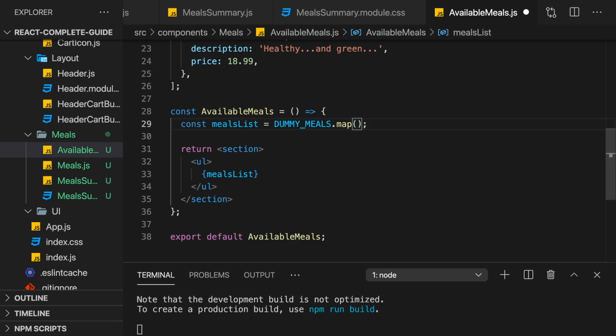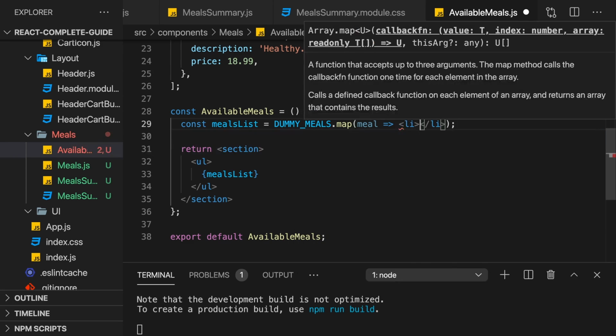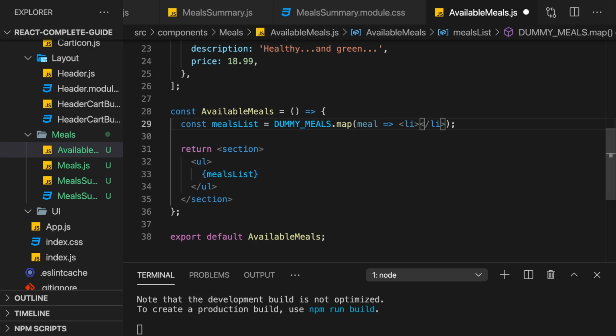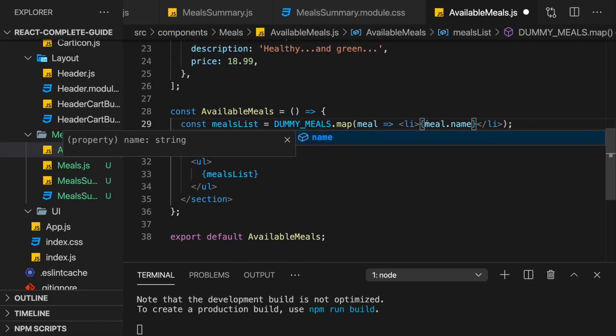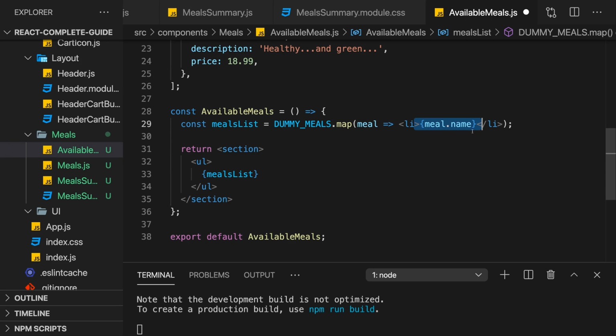Either way, we will simply map all these meals by passing a function to map, which is executed for every meal by JavaScript. And then for every meal, we want to return a JSX element which represents this meal item. And that should be some list item, of course. Though I can already say for the moment, we can simply output meal.name here, like this, but that's just temporary. We will soon create a separate component for the meal item. But for the moment, we can leave it like this and finish this first draft of the available meals component